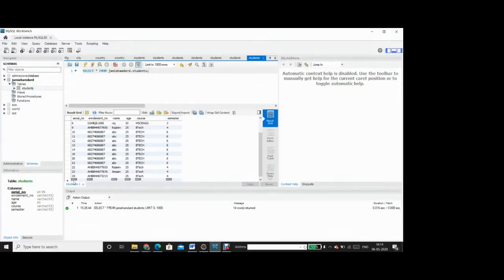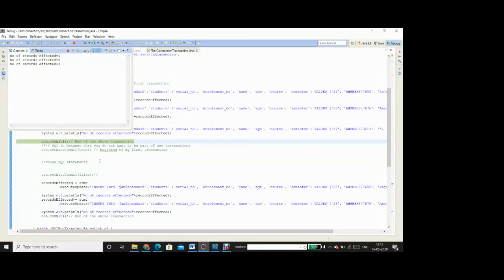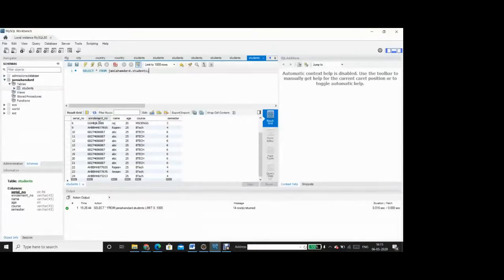So 25 and 26 both are waiting. Then when I proceed further with the third insert statement, it will say number of records affected is equal to 3. That again means the 3 records are still waiting, and in the database, because no commit operation has been sent, no insertion has taken place.